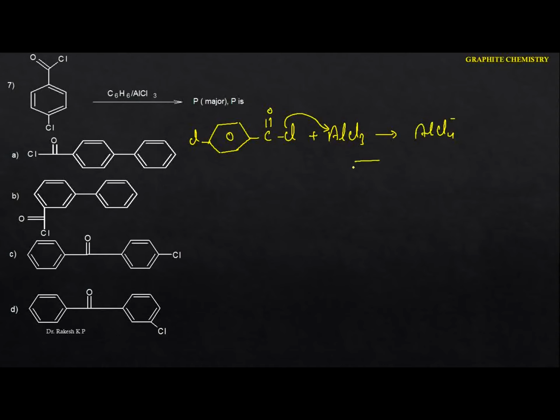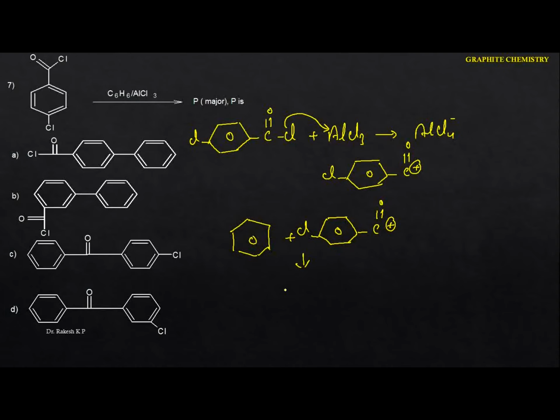See the next one here. Here we got the electrophile, this is the electrophile we are going to get. Here is the C double bond O, that is the plus. We know that benzene readily undergoes electrophilic substitution reactions. Whenever benzene reacts with this electrophile, I'm going to write it in this form: this is the Cl, and here we have C double bond O plus.